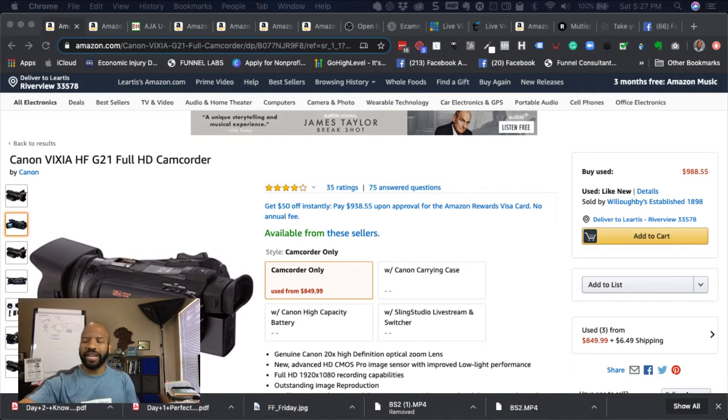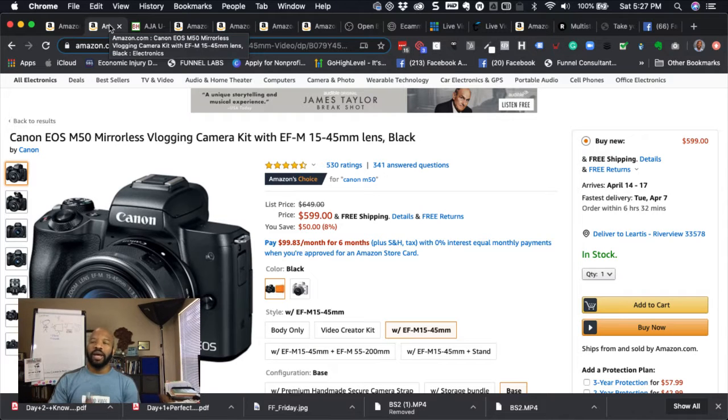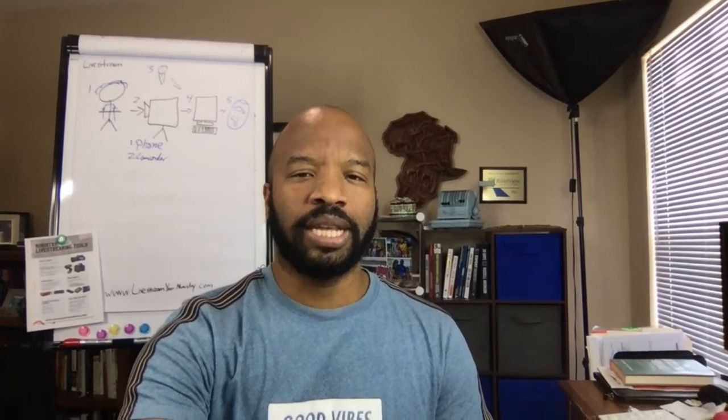Now, there are different camera qualities. Let me show you the camera quality. Like I said, the mirrorless is great. Right now I'm on my Canon M50, and this is the quality that you're getting.